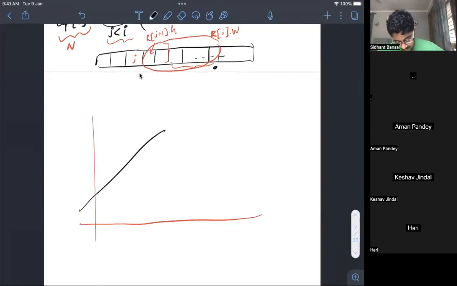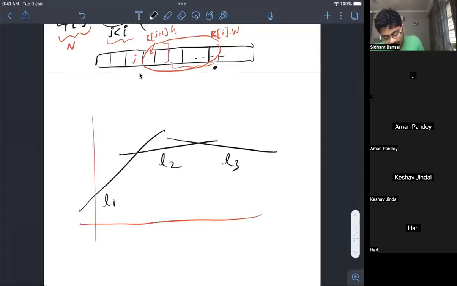Let's say this is your line L1, and then this is your line L2, and then this is your line L3, and then this is your line L4. These are not line segments, so they extend indefinitely. So they are going like this, whatever. I'm just not drawing them because in a convex hull, only some parts are relevant to you, not the entire thing. The idea of a convex hull is that given a bunch of lines, in this case L1, L2, L3, L4,